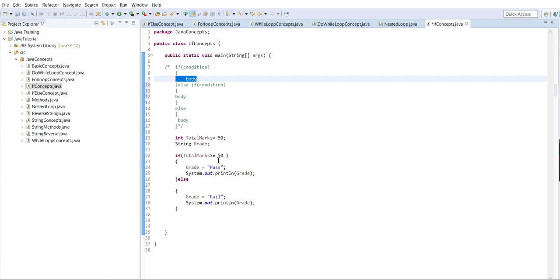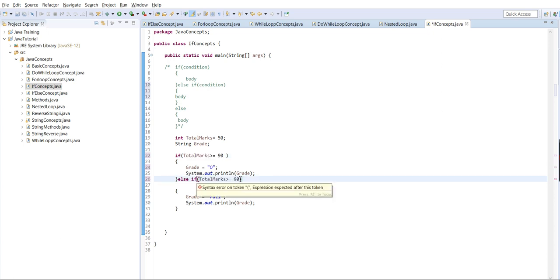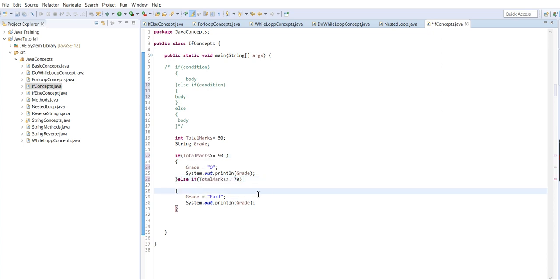So let's take an example, like if the total marks is greater than 90, then pass, then grade is equal to outstanding. So else if will verify the condition. If total marks is greater than or equal to 70, then grade B. Else